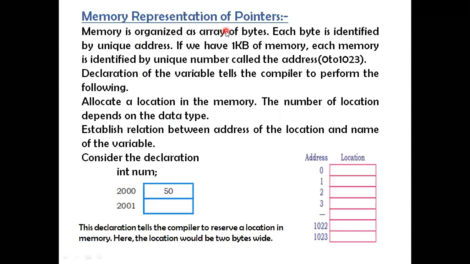Each byte is identified by a unique address. Each memory location, let me take you to this example below. This is a very small memory representation, and here you can see it's 1 kilobyte of memory. First, let me explain this, and then I'll go with the second one. Have a look at this. This 2000 is the address. 2001 is the address. See, 50 is the value given by the user, that is stored in which location, which address? Address 2000.